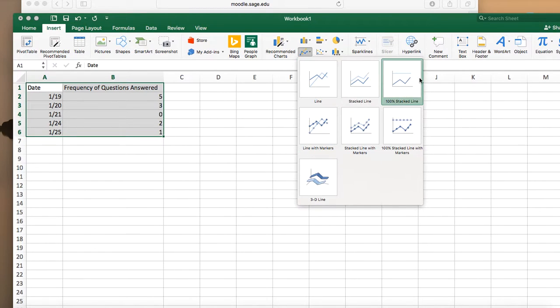These line graphs over here, they do not include markers. You need to have markers, especially if you're graphing something in APA format. Markers are required. On 3D, this is not appropriate, probably ever in our field. We're not looking to dazzle. We want our graphs to be clear and concise, so this way we know that people are seeing exactly what